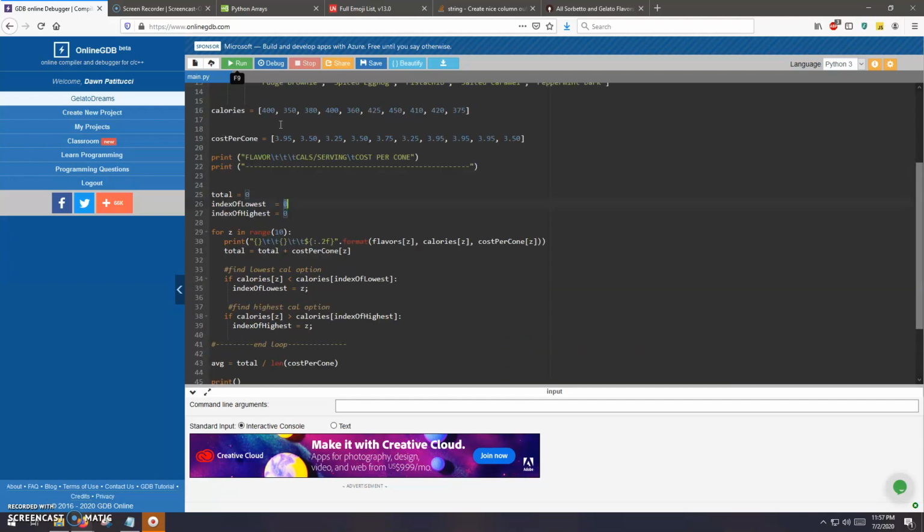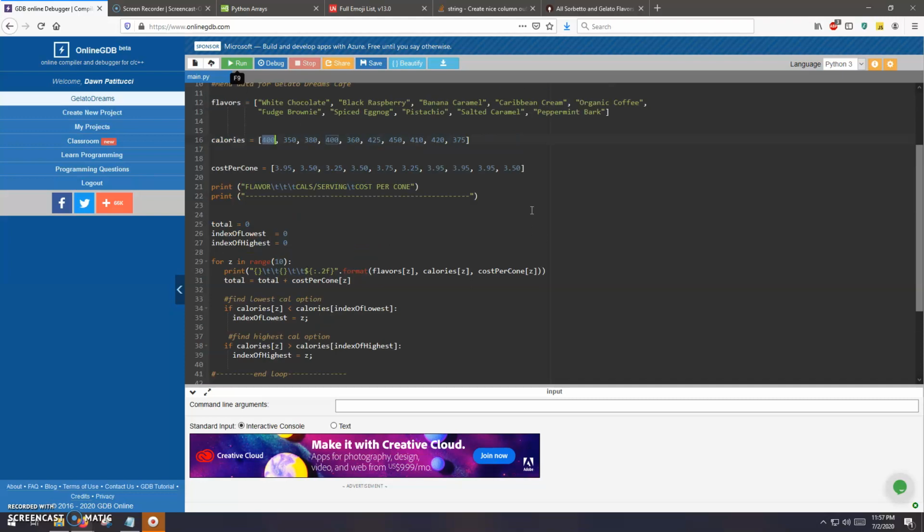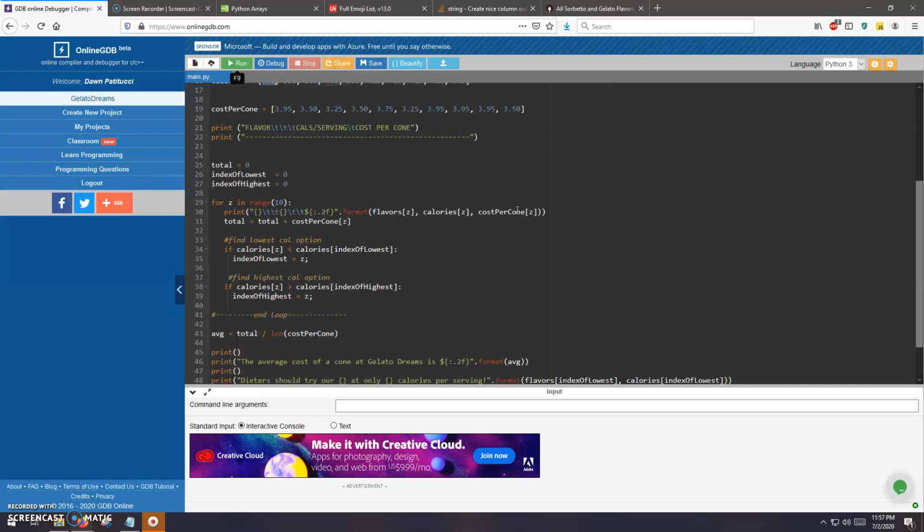So first time through the loop, we're looking at the 400 calories, which is for white chocolate, right? As we're looping through the items, the first time through the loop, it's a wash because we're looking at the 0 element anyway, but the second time through the loop, things are going to get moving, okay? So we would say if calories Z, the Z is my loop counter here,